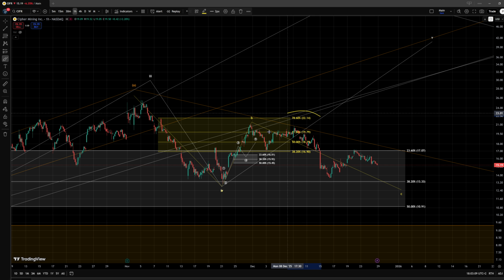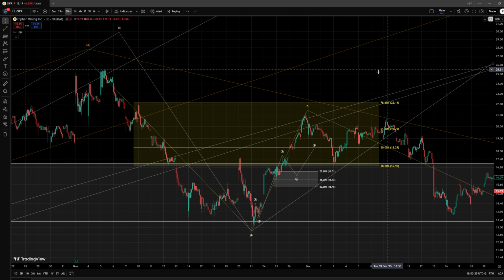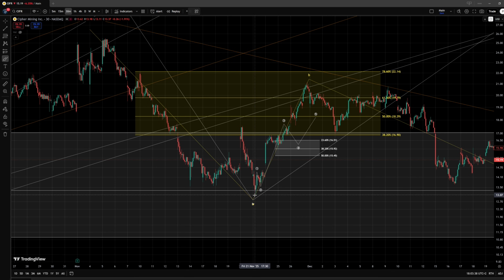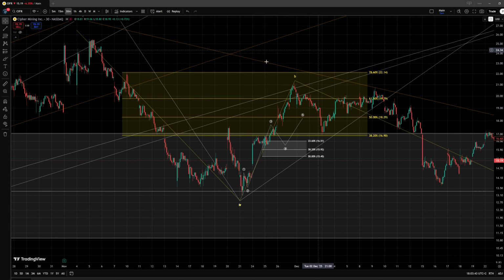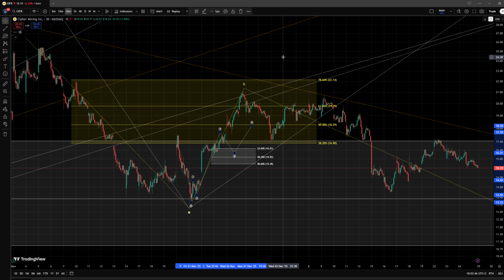We had a resistance area to determine if this structure should really be considered to fail, that it should not necessarily build an additional wave C, where we would have needed a break above the 78.6% retracement at the $22.1 level for such a signal. Now, we were also looking internally for a potential 5-wave structure to the upside, and while it can maybe work out as a 5-wave move that could have formed in this area, it probably works much better, to be honest, as an ABC movement itself, in which case we have a wave B complete here in yellow, and we don't really need this interpretation in white.